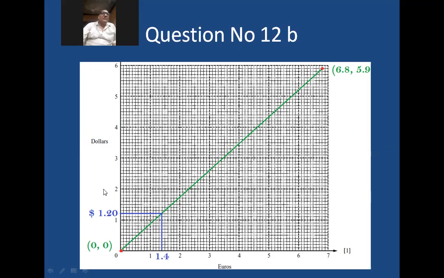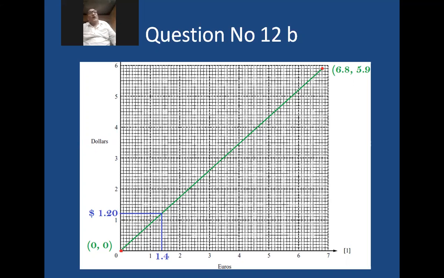Now the price of the mineral water was $1.20. So from here on the dollar axis, I check 1.20 is here. From here, I come to the graph and then I check on the x-axis what is the value. That is 1.4. So the mineral water whose price is $1.20, its price in euros will be 1.4